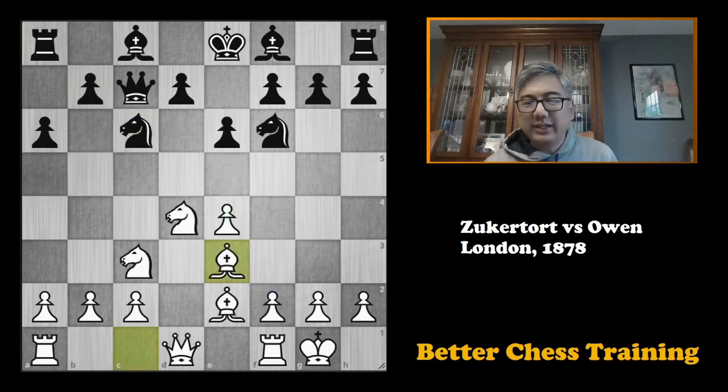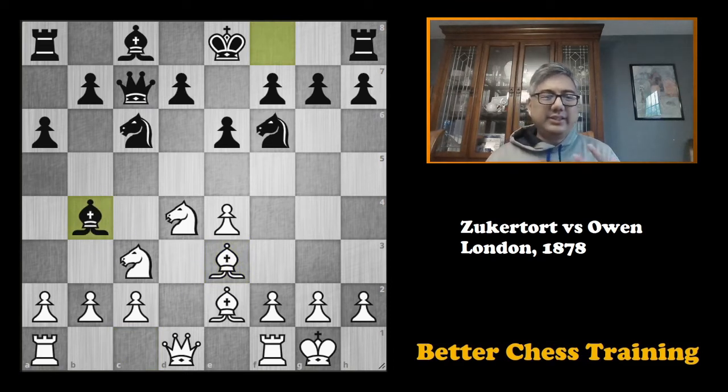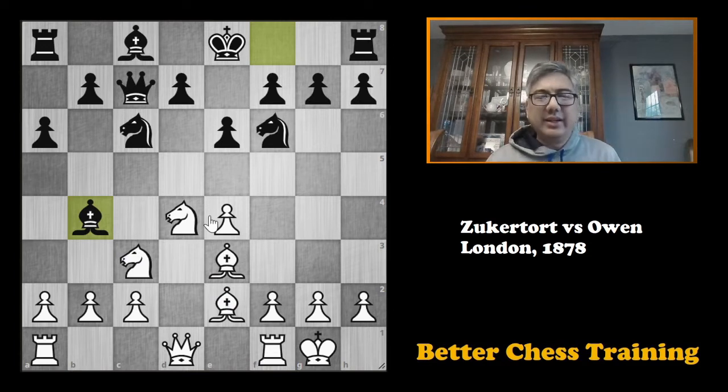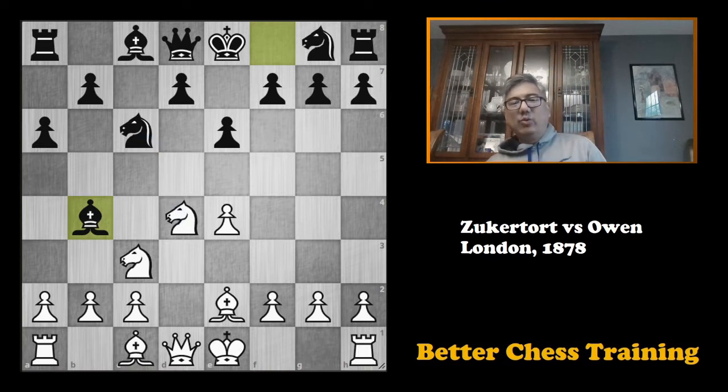And after bishop to e3, now bishop to b4. This is still good for white. White still has a slight lead in development and a little more space. So this is preferable for white, but not horrible for black, if that makes sense. Okay, let's go back to the game. Okay, white castles,